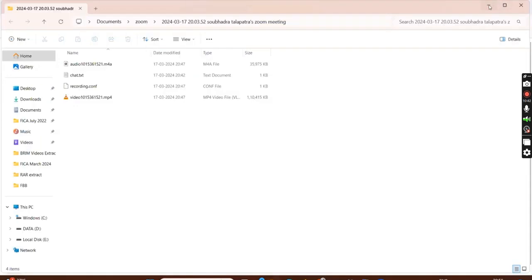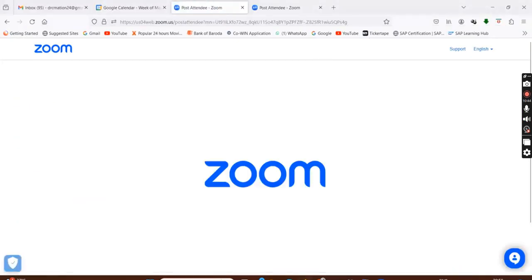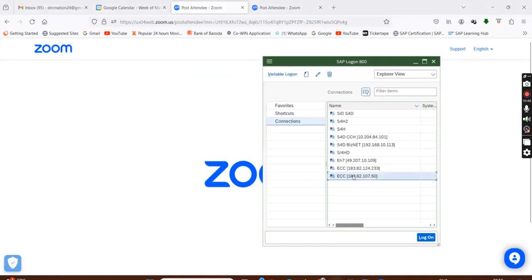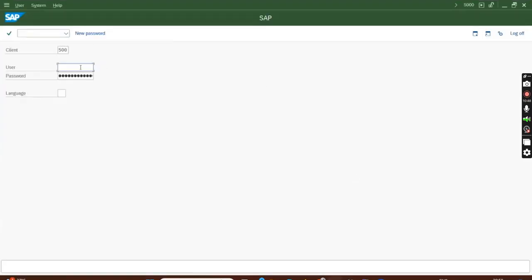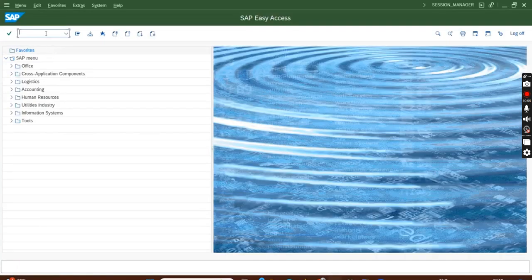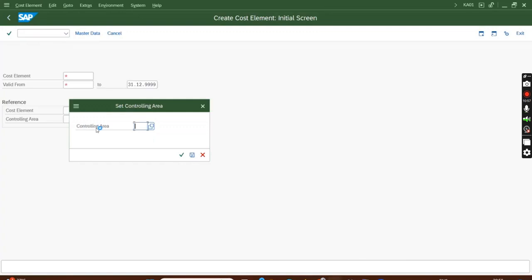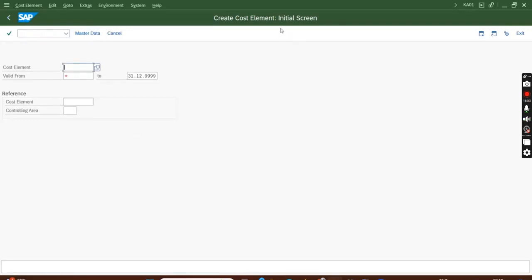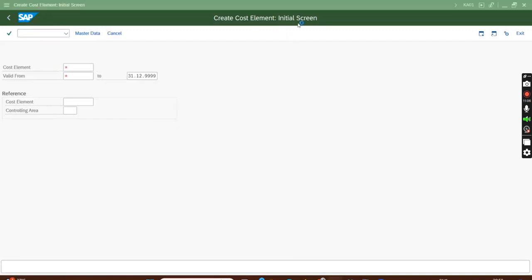Versus in ECC, it kicked me out, I knew. Now if I do K01 in ECC, see it opens controlling area C 0903. See which screen this is? Create cost element. Okay, so in ECC the cost element and GL account are separate, but in S4 they are